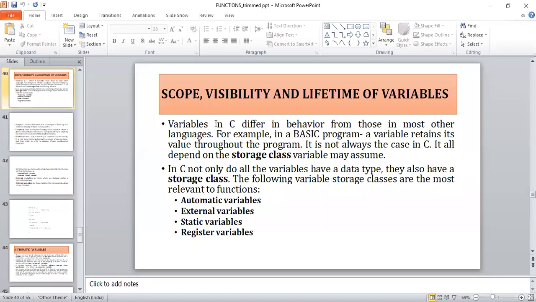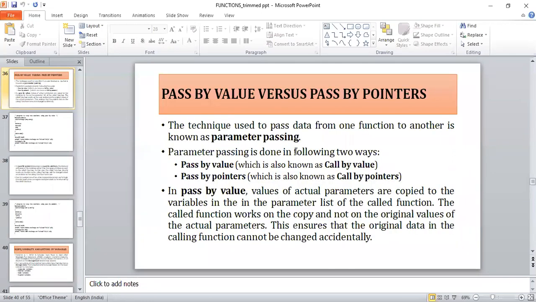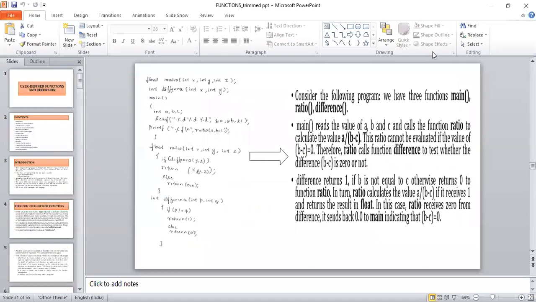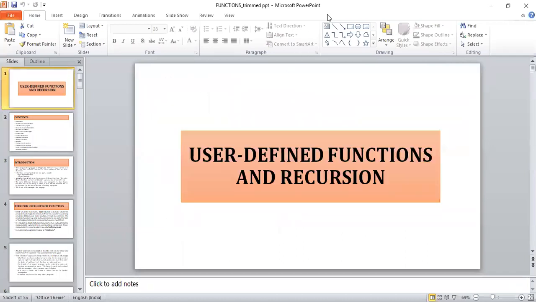So in the evening session, we are going to start with the programs, and then take up the recursion concept, thereby completing the chapter. I hope the three important concepts are not confusing you. In the next session, we will take up programs on all of these. So we are going to stop the class.